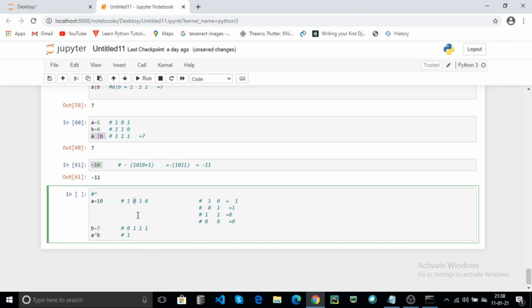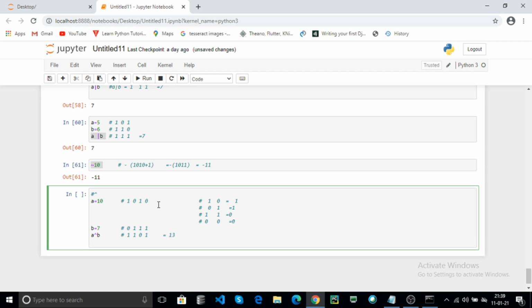Here also returns the 1. Here the both bits are same, it returns the 0. Here the both bits are not same, it returns the 1. Here 1 1 0 1 binary is equal to the decimal 13. It returns the 13.